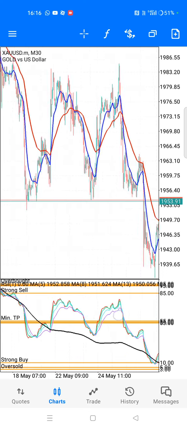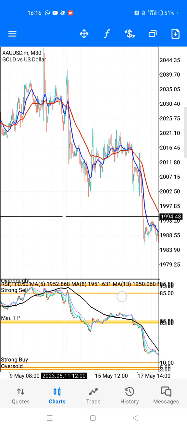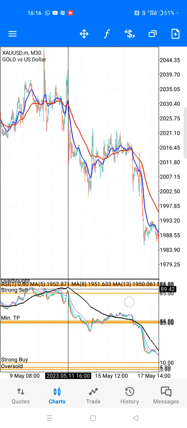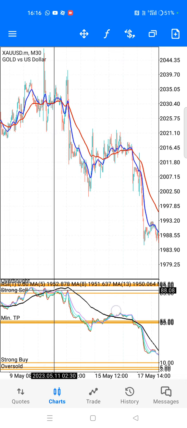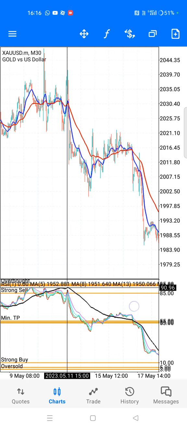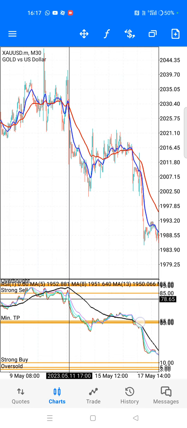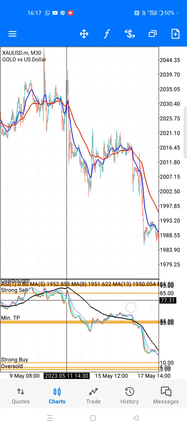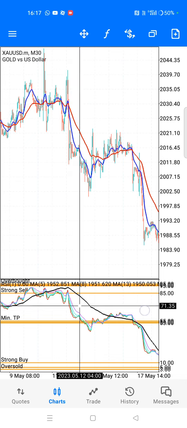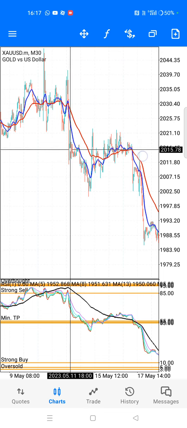For the sell it's the same. The 200 EMA must be here. Even though it crossed earlier, and then it went to the strong sell, your 200 EMA is still here. Once it reached the oversold and your candlestick has crossed, your moving averages have crossed, then you can start to sell. Even if you took, let's say this is the place,